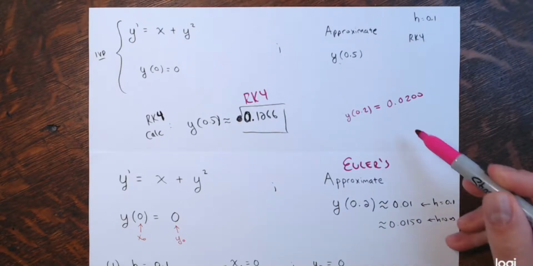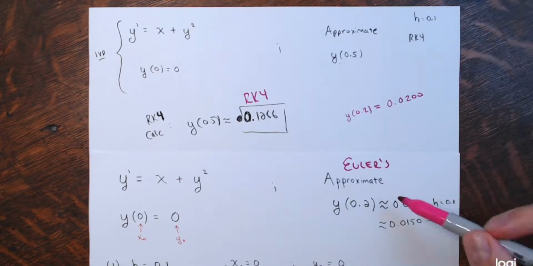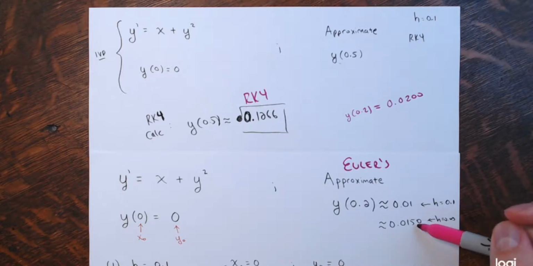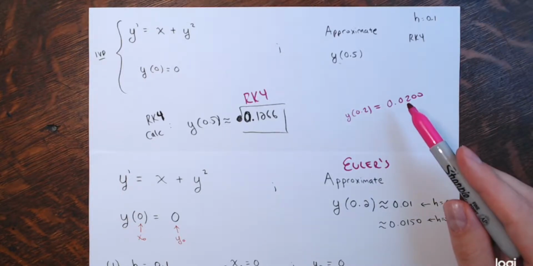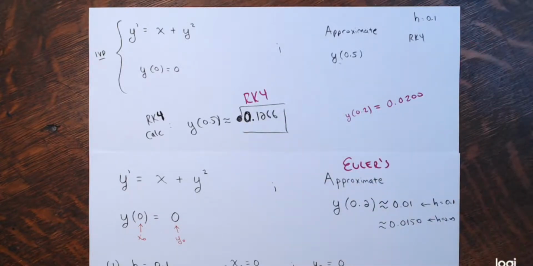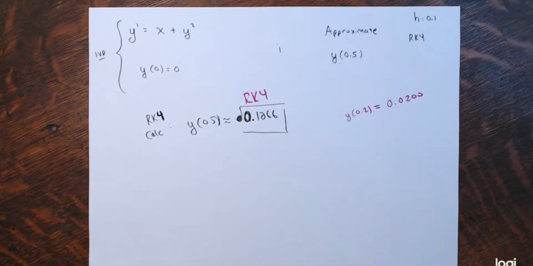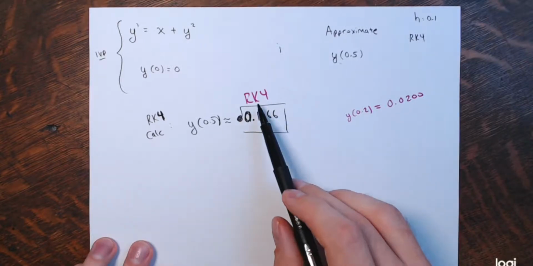But this only happened when h was 0.05. You needed smaller values of h to get closer to what Rk4 is going to give you at larger values of h. So probably shouldn't have actually brought that page back up. It wasn't at 0.5 at all. All right. Anyway, so yeah,